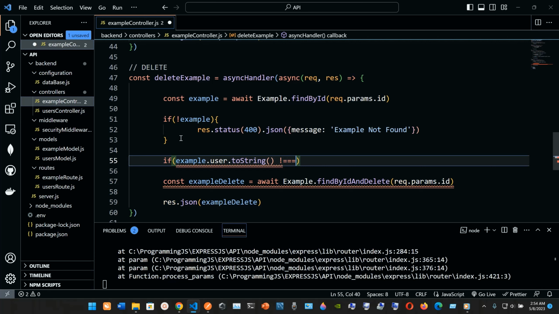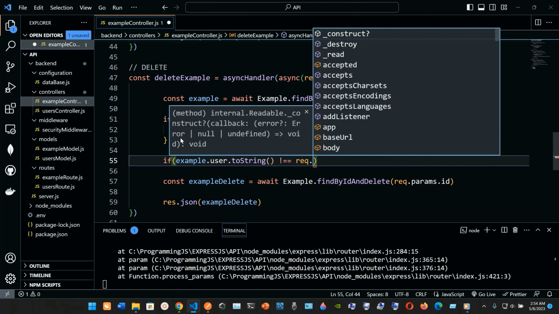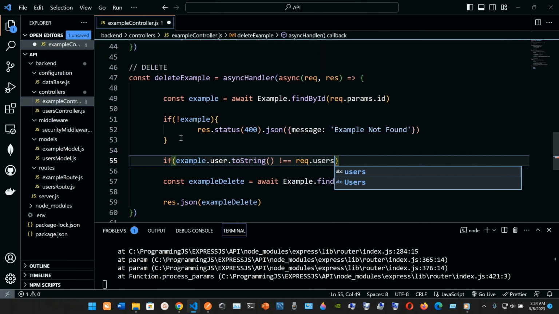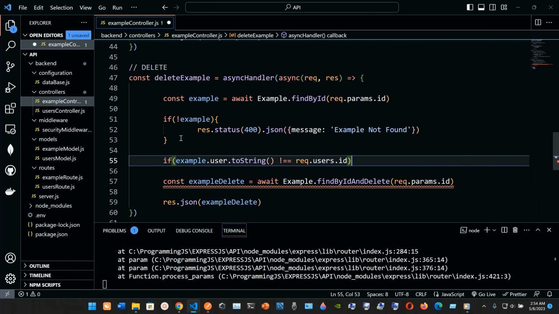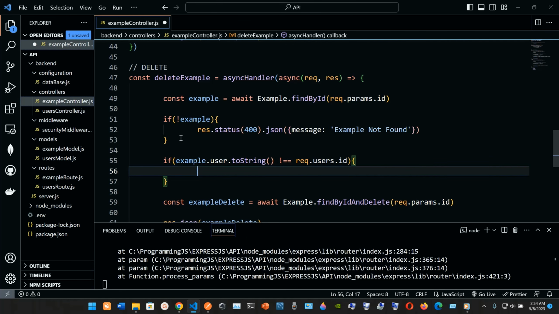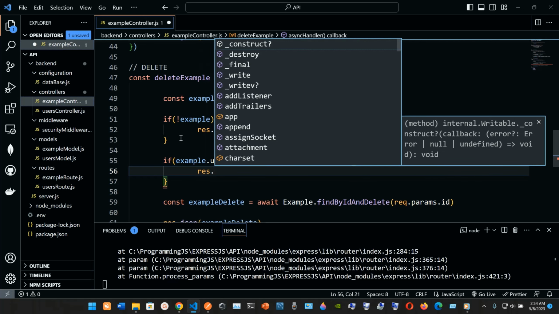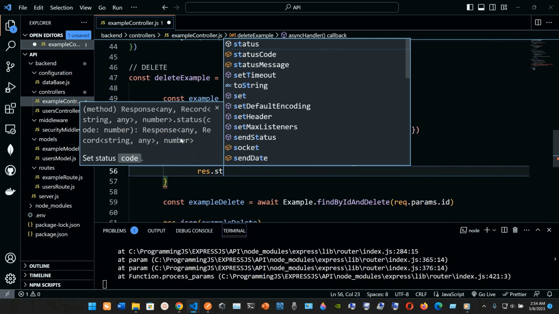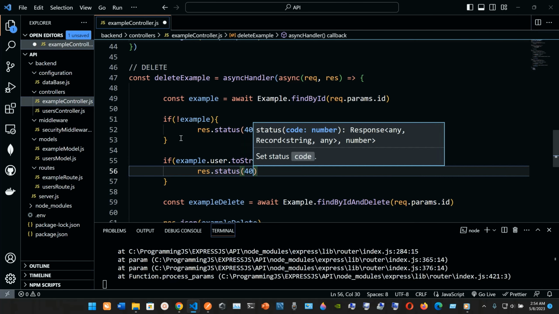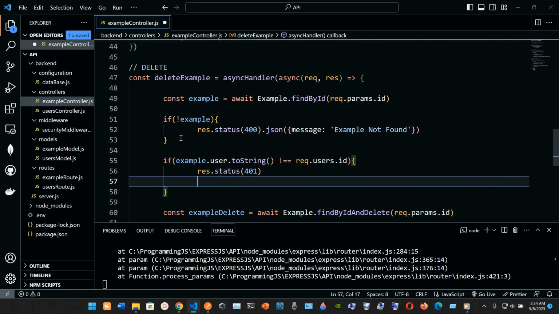It doesn't match the request that users that ID, then we're gonna be doing something that is gonna be the response object, I can just copy. Well, let's just pass it like that, and then we're gonna,